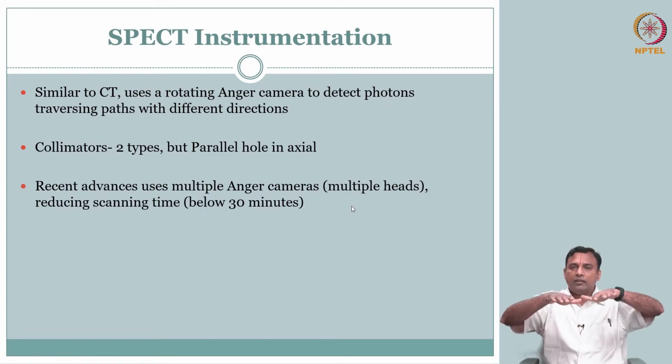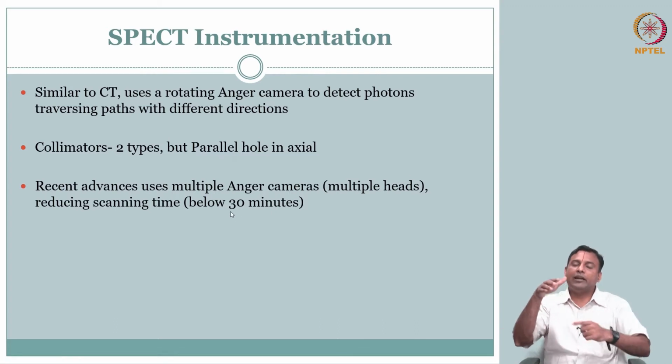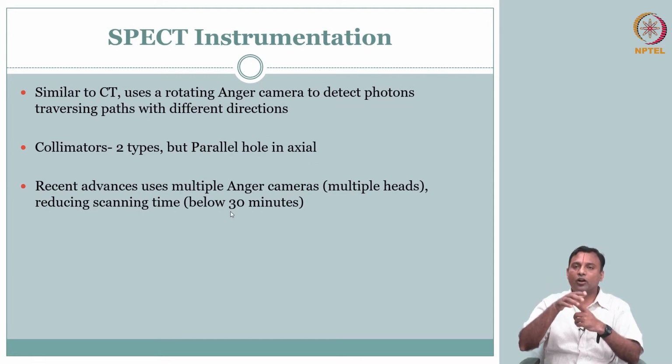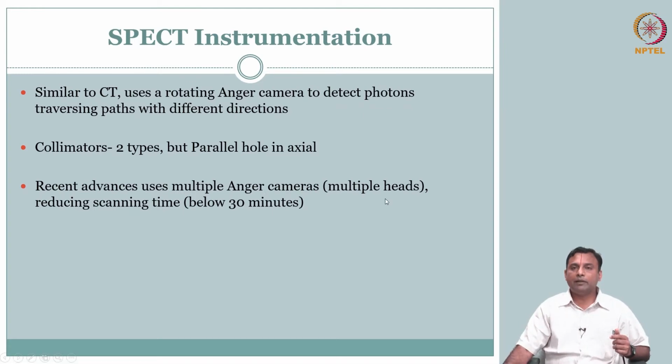You can make it flat, 180 degrees, so you can do a whole body scan with the same thing. So essentially it's brute force, multiplication of the number of gamma cameras. You can get fast recording, right? At any particular camera you are going to get the radioactivity based on how much time you are recording. That part doesn't change, but simultaneously you can record using multiple heads. So that way your acquisition time, especially if you want to do whole body and so on, can come significantly less.